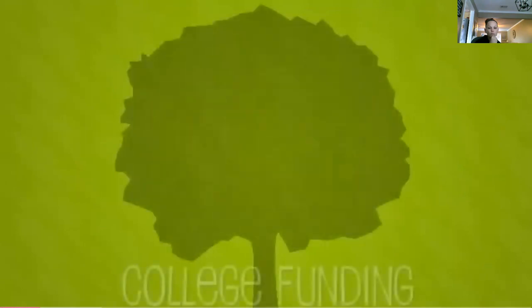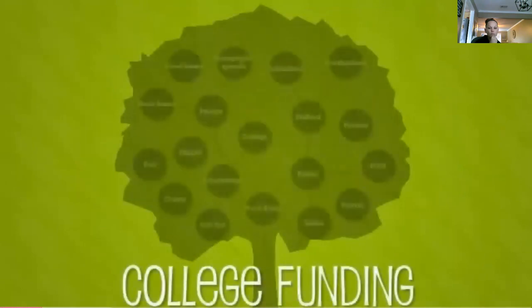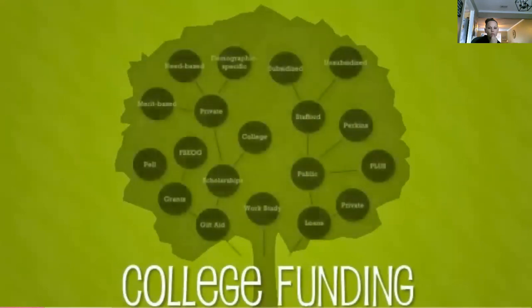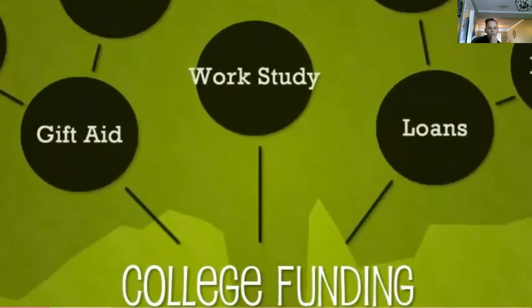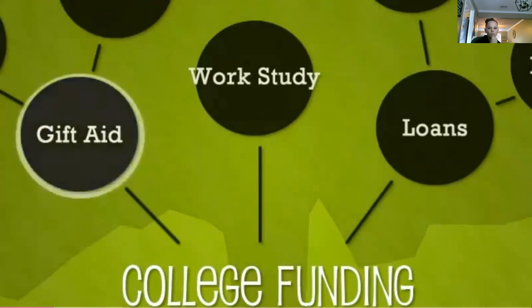Let's think about financial aid a little bit like a tree. Hopefully that'll help you get a good picture in your head of how all these things are related. There are three main branches in our financial aid tree: gift aid, work study, and loans. To start off with, we're just going to talk about gift aid, but don't worry, we'll be coming back around to work study and loans in a few minutes.